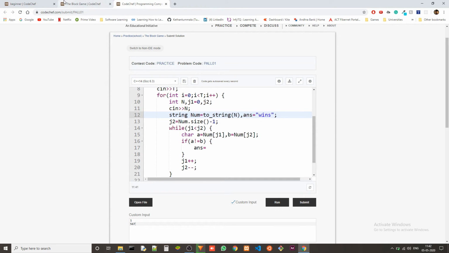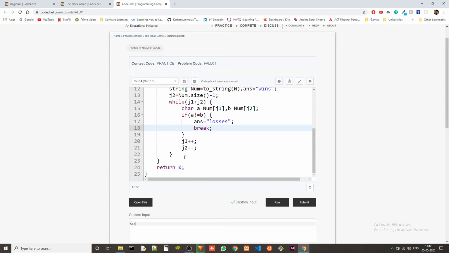The default will be that it is a palindrome, and if we encounter that it is not a palindrome, then we change it to loses, and then we break out of this loop. Okay, at the end we just output answer, and then we format the output by putting a newline.